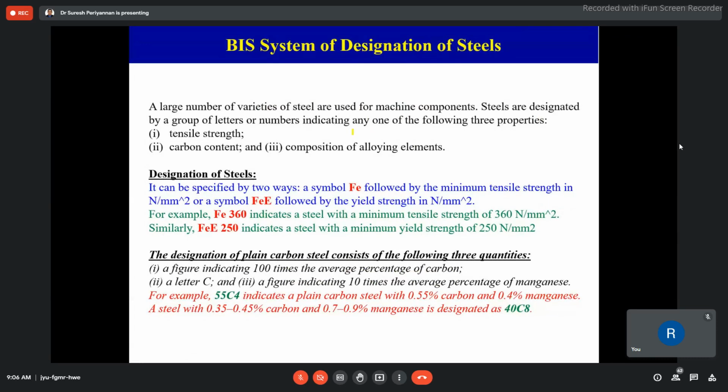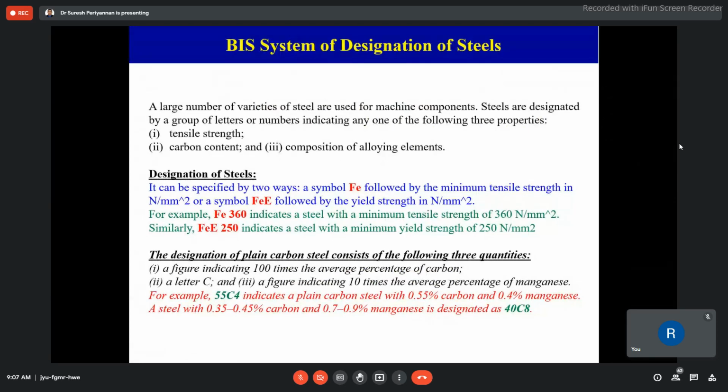Indicating any one of the following given three properties. What are the three properties? We are considering tensile strength while designation of steel. We are considering carbon content while designation of steels. We are also considering composition of alloying elements. Any one of these three we should consider for designation of our steel, which type of steel we are using